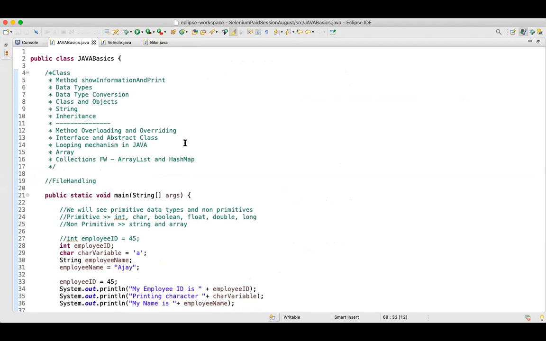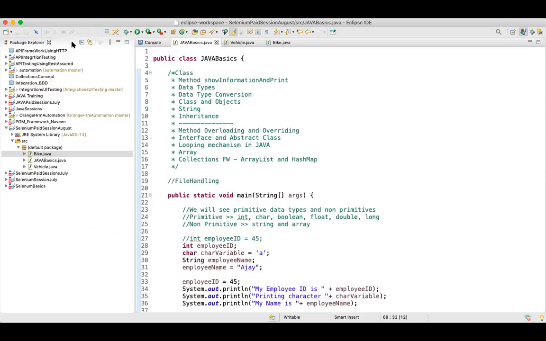In Java, we only support single inheritance. Single inheritance means either single or multi-level inheritance, but we do not support multiple inheritance. In the last lecture, I told you that you can inherit from one parent, but you cannot inherit from multiple parents. In a similar fashion in Java, a class can inherit from one parent and not from multiple parents. If you want to inherit some features from multiple parents, then the concept of interfaces comes in. Using interfaces, your child classes can inherit the methods which are present in interfaces.